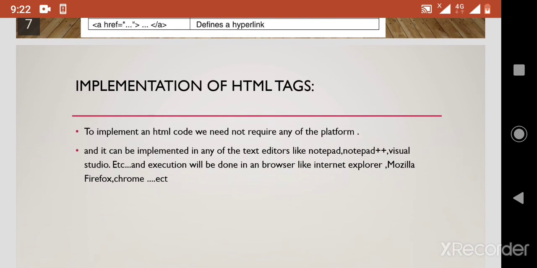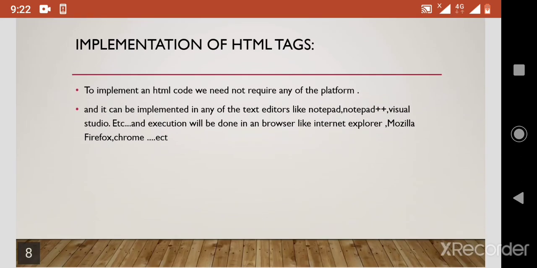Going to the implementation of HTML, to implement this hypertext markup language, we do not require any software of higher cost.